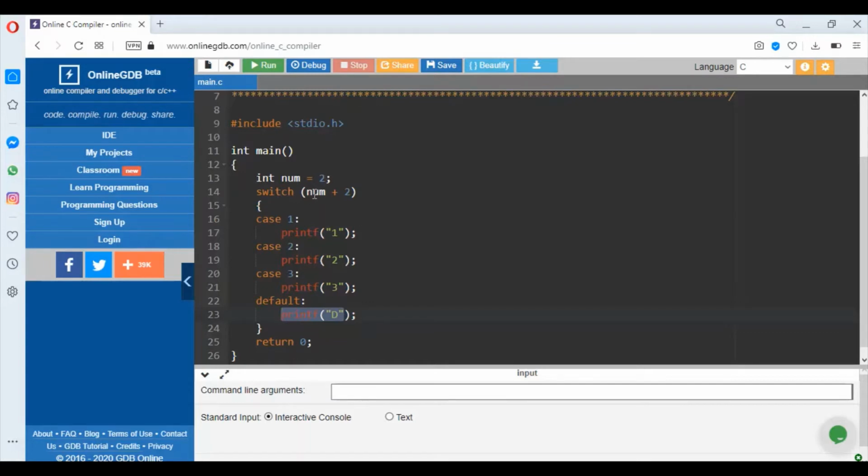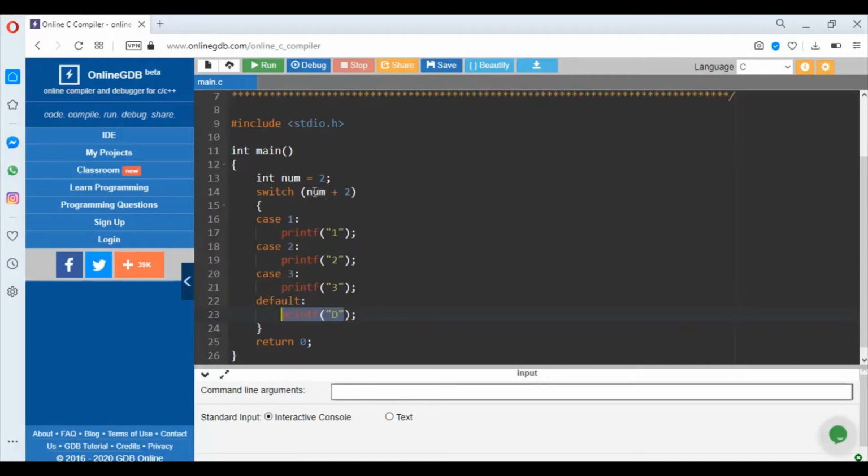Now what is the working of the switch statement? This expression here, you are seeing this expression num plus 2. Whatever value would be evaluated here, this value will be checked with the labels of all the cases. So how many labels are there here? 3 labels are there.